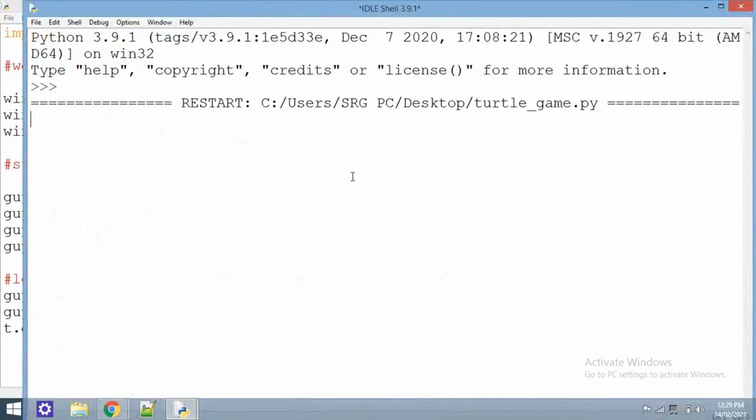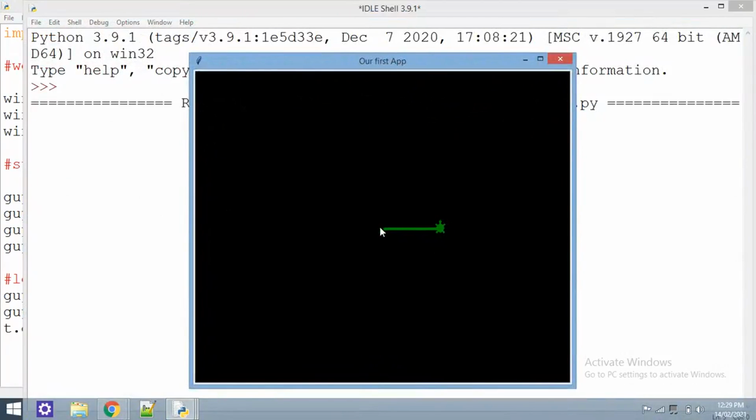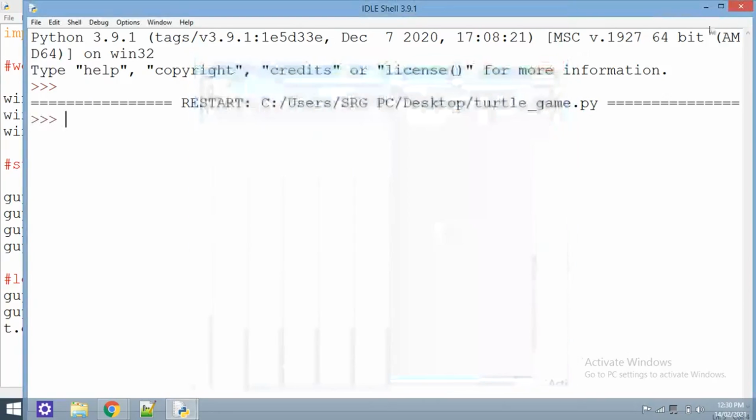You can clearly see it moved 100 pixels, and then it faces upward. By default it starts from the right side and moves forward to the right, and when you use left 90, it moves upside. Okay, that's it. Let's move ahead.